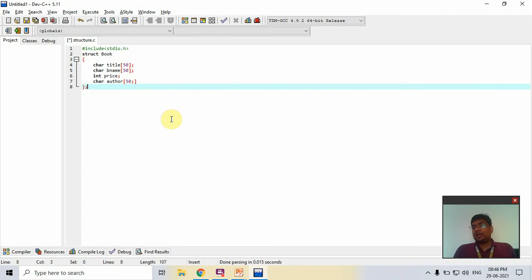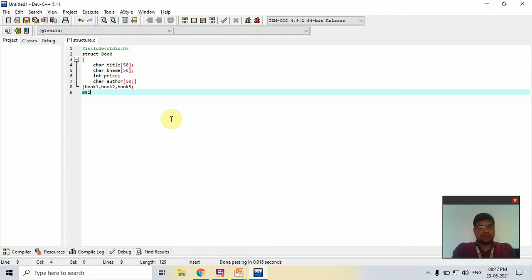If you need 10 structure variables, you create them here. The name of a structure variable is different from the original name of the structure. So book1, comma, book2, comma, book3. I create the 3 structure variables now.